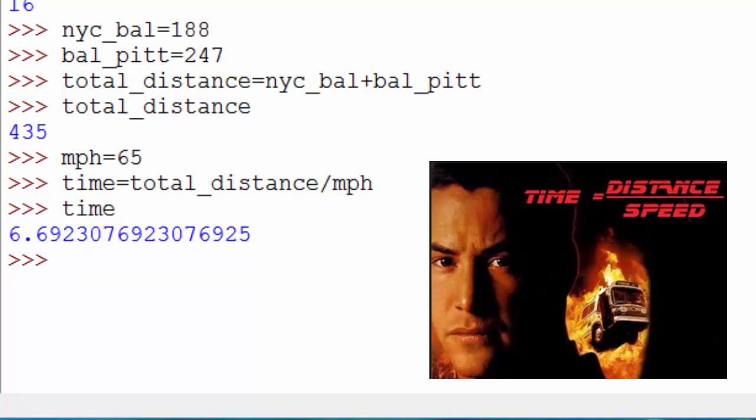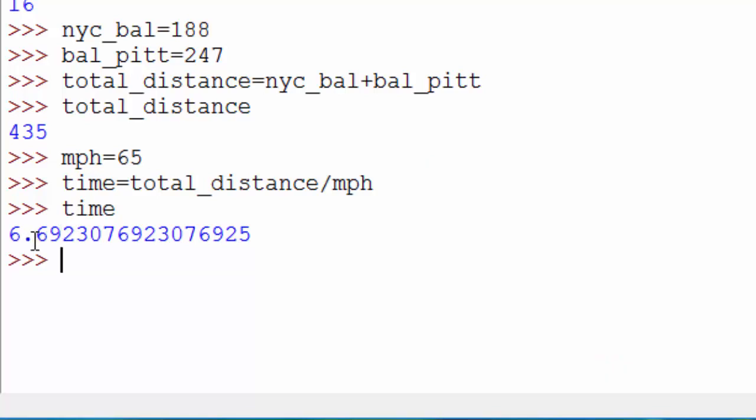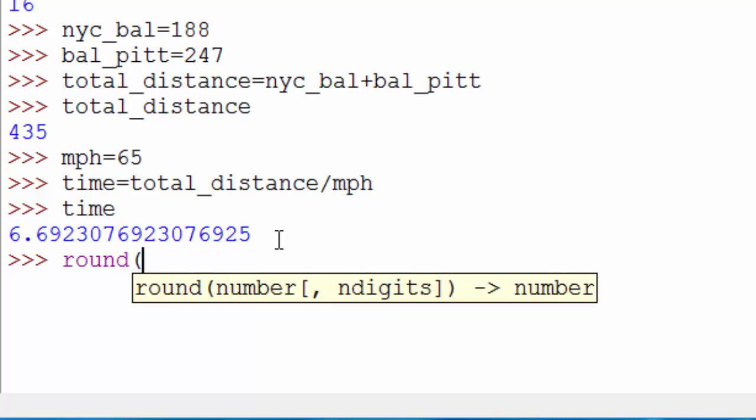Now it is printing it with a lot higher decimal precision. You see, after the dot, there are so many decimal points. If you want to see just 2 decimal points, for simplicity, you can use this round function. So in Python, there is this function called round, where the first argument is, as you